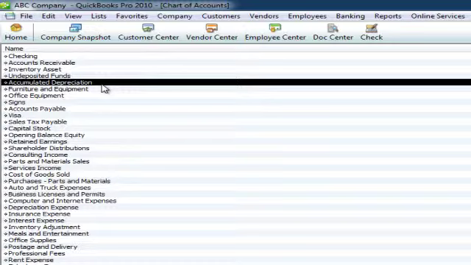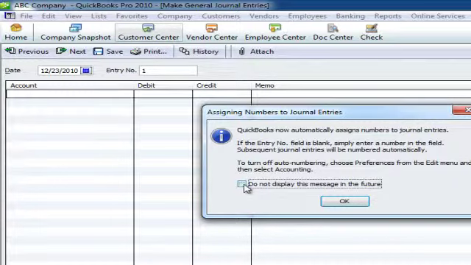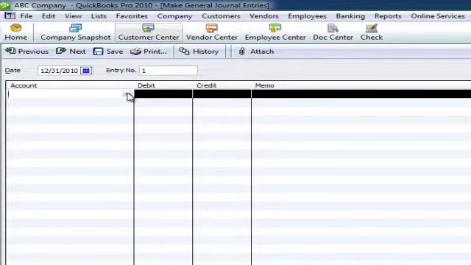There is also an account called Accumulated Depreciation. This tracks the depreciation of your fixed assets. Your accountant usually gives you a journal entry to make at year end. You can accomplish that journal entry by going to Company on the menu bar, Make General Journal Entries, and usually this entry is dated at the end of the year. The two accounts that will be affected